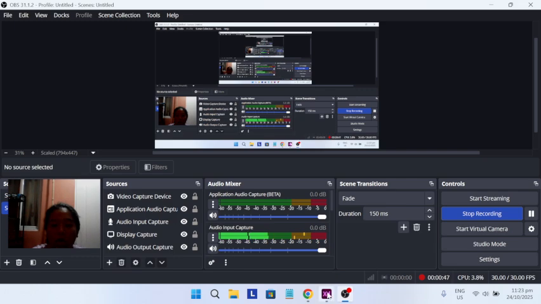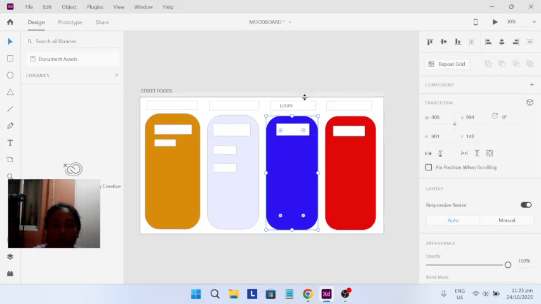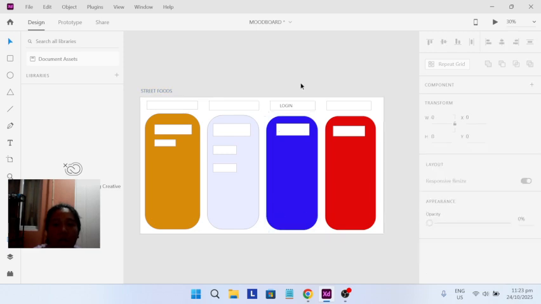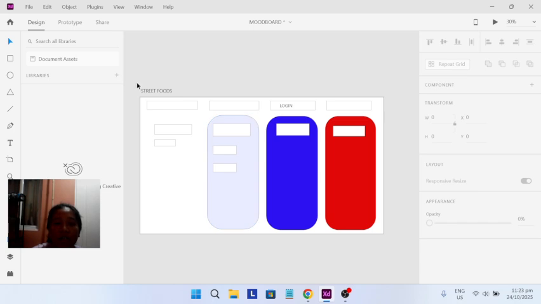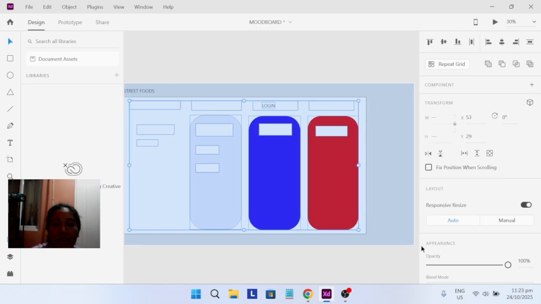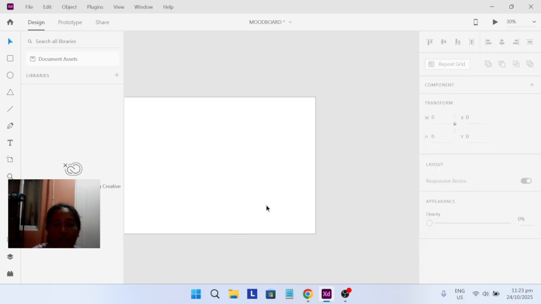So let's go to Adobe XD first. As you can see, here is the original design, and the colors do not match at all. So let's delete it first. Select natin lahat, then delete. Makikita na lang natin is blank space. First natin gagawin is to put a color.